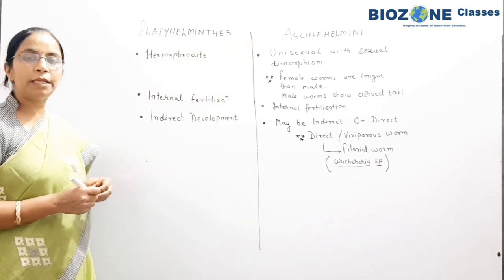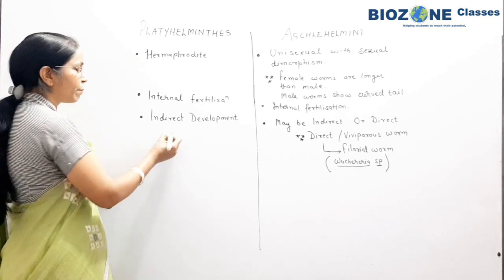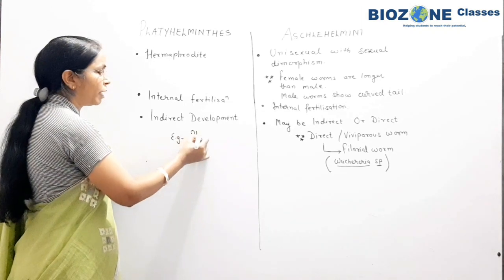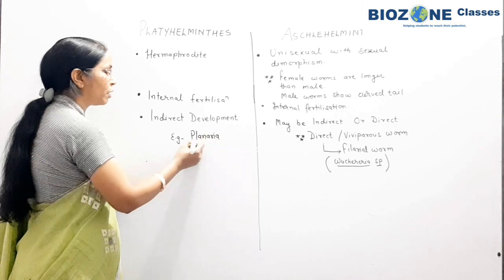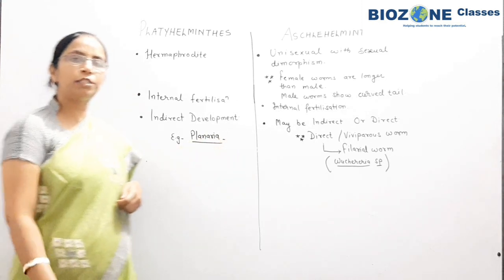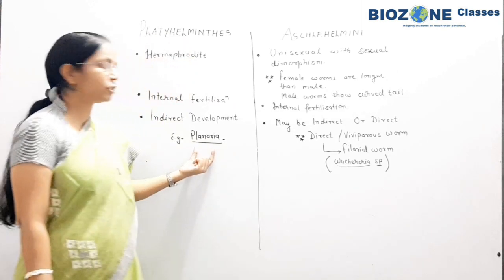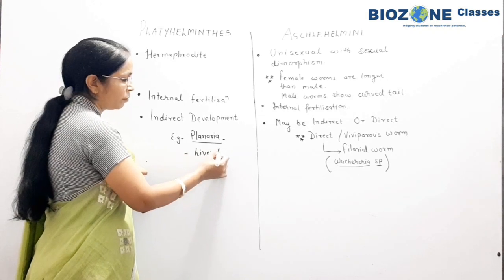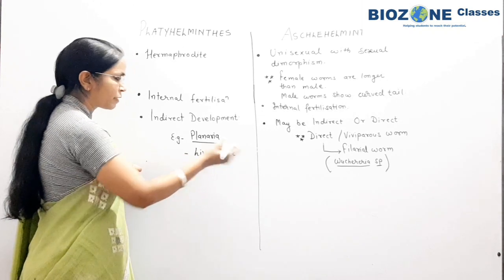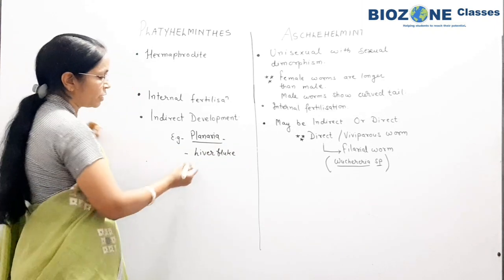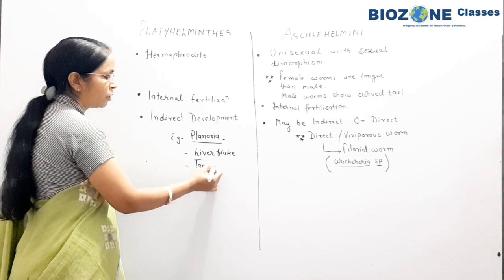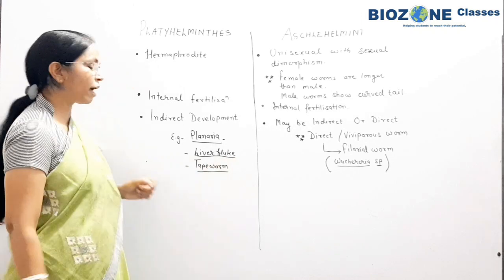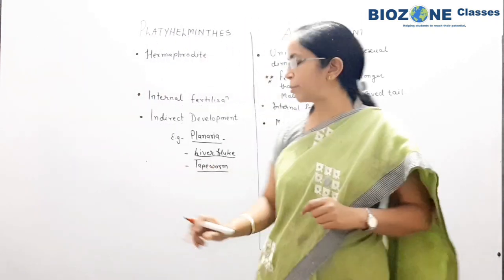As for the examples of Platyhelminthes, you study a number of examples. The common example is Planaria, which has the highest capacity of regeneration. The second example is liver fluke. For the third example, we strictly follow the NCERT, so tapeworm is provided there. Just like a tape, the body of this animal is dorsiventrally flat and long. That's why the common name provided is tapeworm.